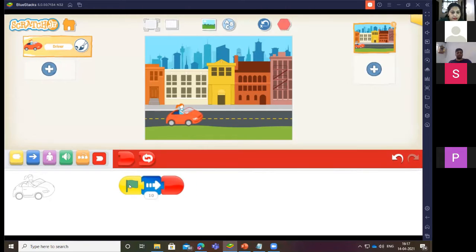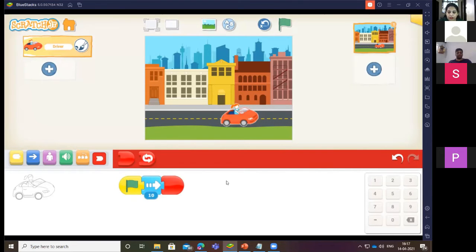See, I was able to move the car in the forward direction. I hope you all are able to do till here. Kindly do it. If you want it to move further, if I make it 15, it will go.